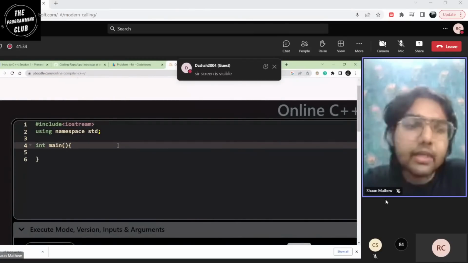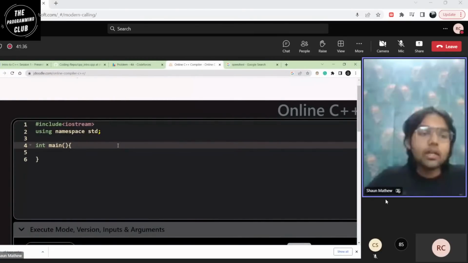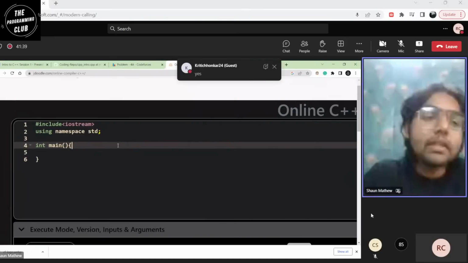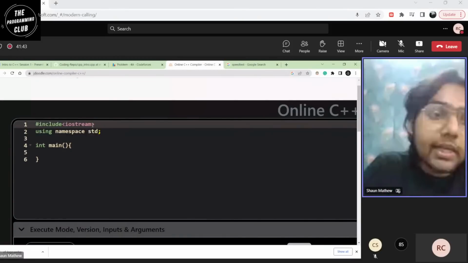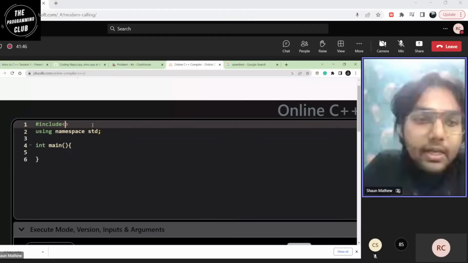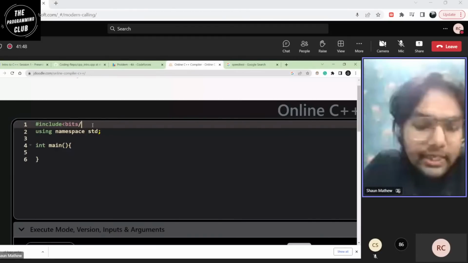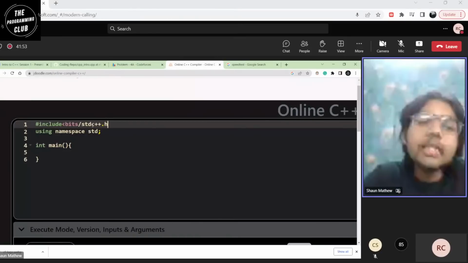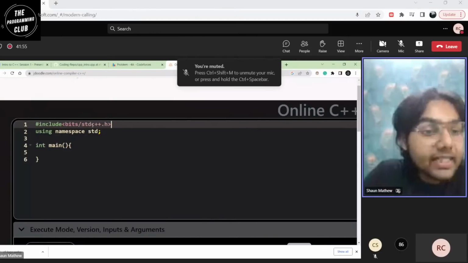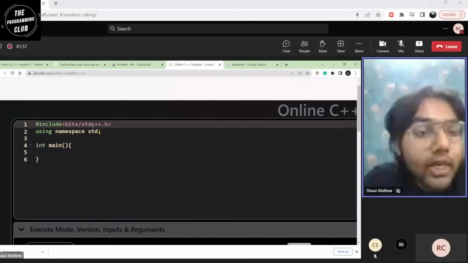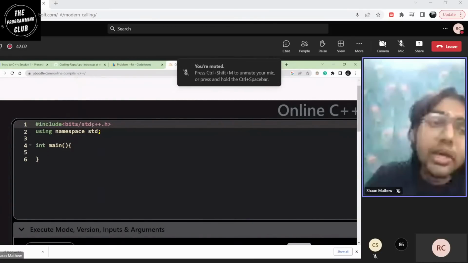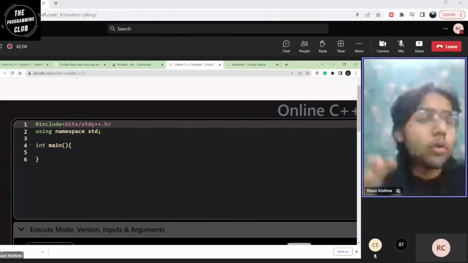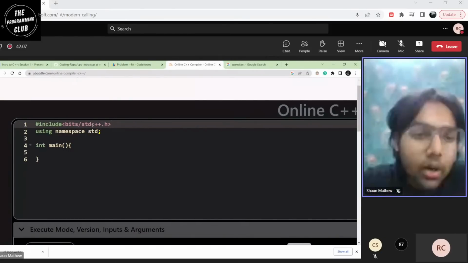Okay, fine. So as I told you, suppose you get hurt, you go to the hospital and so on. There is a general header file that we use in C++ while doing competitive programming, especially. That is what I'm writing out here. You can just check it out: bits/stdc++.h. This is the header file that does everything. You need not include anything else in your program. This is the complete header file. You get hurt, you go here. You have a case, you go here. You want to learn something, go here. This is an all-in-one header file.